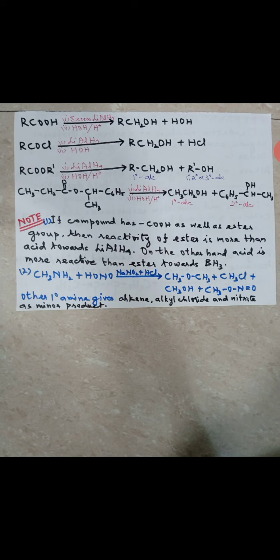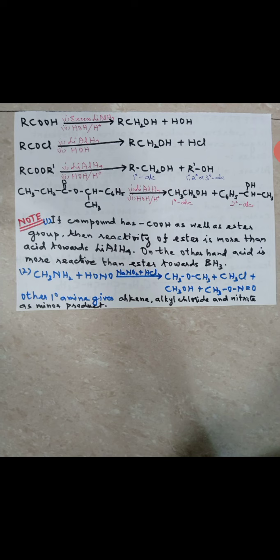But we are generally not writing it. While writing the equation, RNH2 plus HONO, what are you writing? ROH plus N2 plus water. But this is also being formed, because I said in your regular classes that was not required. In the entrance exams, the question comes. They will not ask you what is the primary product formed. They will ask you what is the minor product formed. At that time you will say minor product means we have not studied. So this is the minor product. It is being formed. For that reason I am telling you.